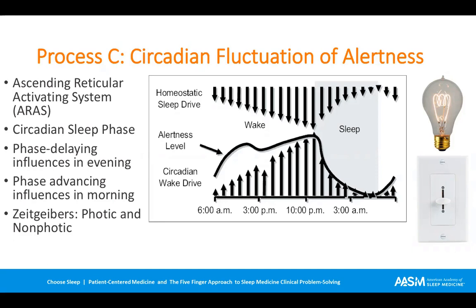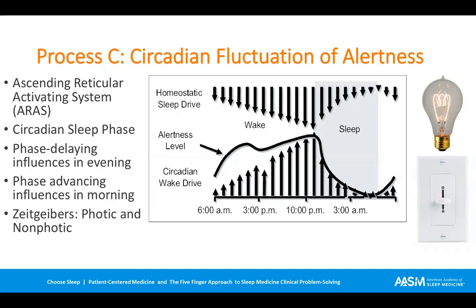of the day. Now, one of the interesting problems that's introduced by this conversation between phase delaying and phase advancing influences is that phase delaying influences typically are more powerful. In other words, if you run the experiment and maximize the amount of light that's happening towards the end of the day, minimize the amount of light that happens at the beginning of the day, it's actually possible to delay the sleep phase by about 3 hours per 24-hour cycle.